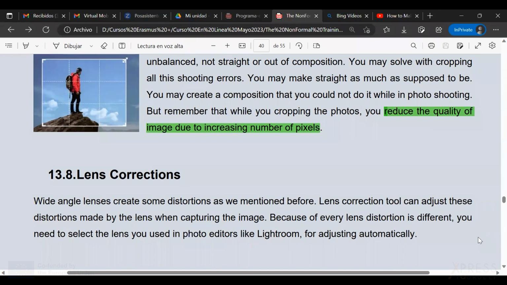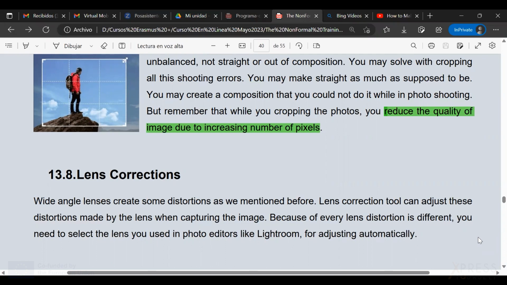Because each lens is different and the distortions they cause are different as well, you will need to select the lens you used in photo editors like the one we saw here, Lightroom, for adjusting automatically.